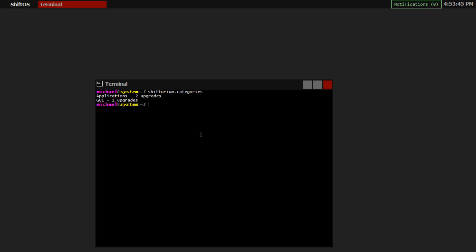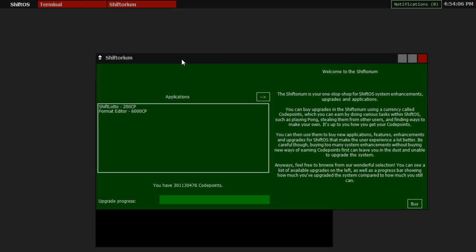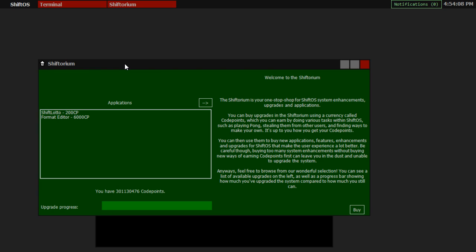And it's also a good way to sort the shiftorium graphical user interface frontend. As we will soon see, there are some new features with that. Anyways, let's open our shiftorium by going to the app launcher and, of course, utilities, and then shiftorium. So, as you can see, some new user interface tweaks. Up top, we are in the applications category. If we click this button right here, we get the